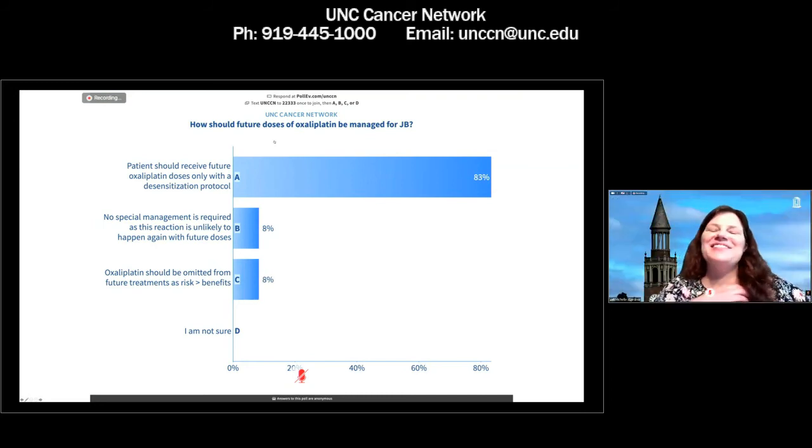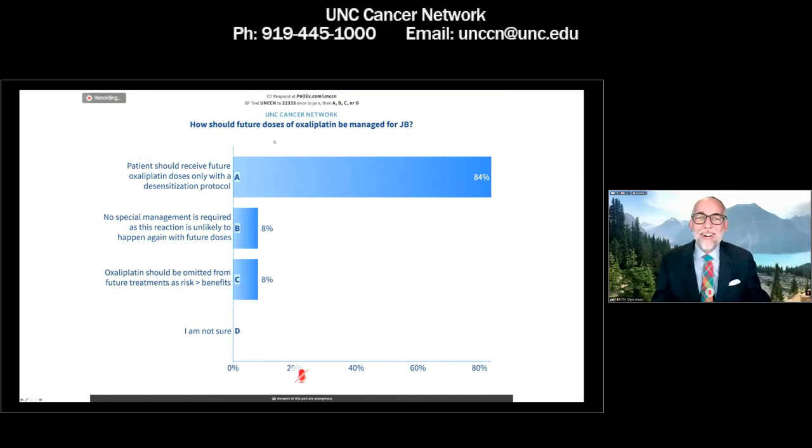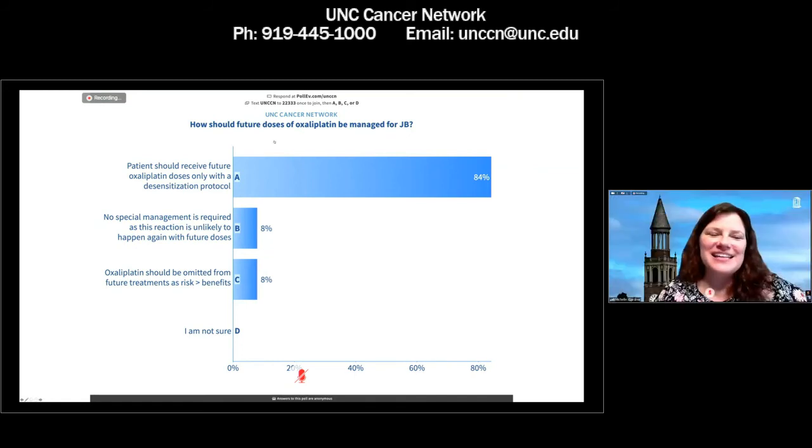Okay. All right. So this is kind of a tricky one. There's maybe more than one right answer here. So yes, if you are going to continue the oxaliplatin, you would definitely want to desensitize the person for future doses, because it is probably an IgE-mediated response, and it's just going to be at least as intense, if not worse, the next time she gets treated. Okay. However, the trick